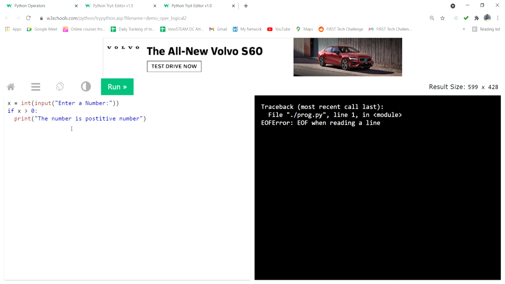Else, suppose negative numbers, that is a two-condition case only, so no need to mention anything. So else, with indentation, print the number is negative.